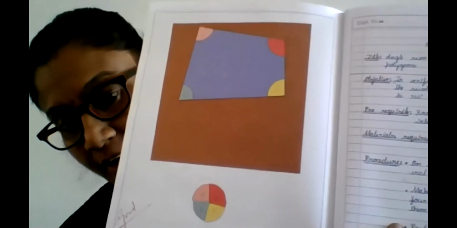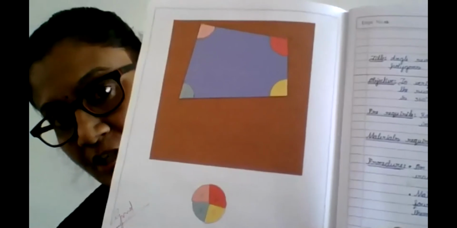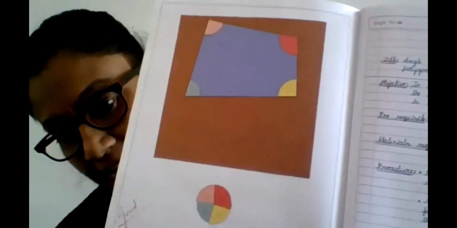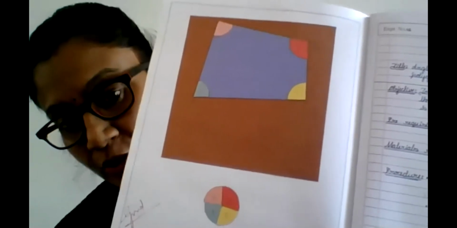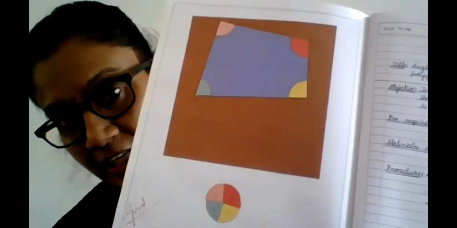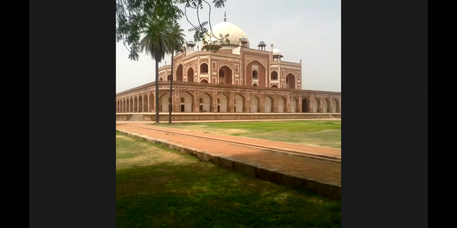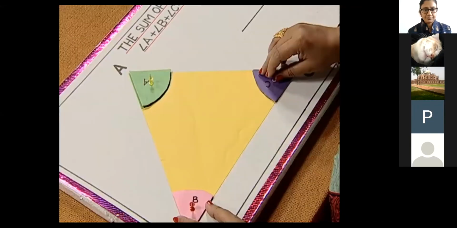Right. So every angle cap you have to duplicate. You have to have 2 copies. One will be pasted on the quadrilateral itself. The other one will be used to verify that they all sum up together to 360 degrees. You understand why I said there will be 2 angle caps for each angle? Yes, ma'am. Okay. So we will go back to the screen share now. Can you see the video? Yes, ma'am.